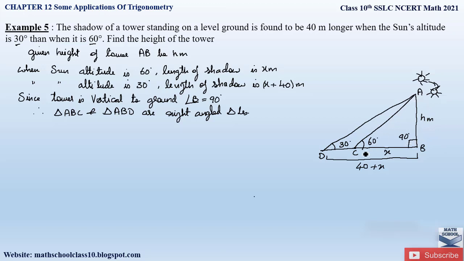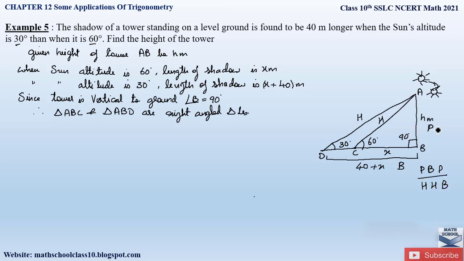Since triangle ABC is a right angle triangle, the side opposite this acute angle C will be our perpendicular, the side along will be our base, and hypotenuse is AC. Similarly in triangle ABD, the acute angle is angle D, so the side opposite is perpendicular, the side along is base, and the side AD is our hypotenuse. Now we can apply the trigonometric ratios to both of these triangles. To apply the trigonometric ratio, we should know the fractions, that is perpendicular divided by hypotenuse (P/H), base divided by hypotenuse (B/H).